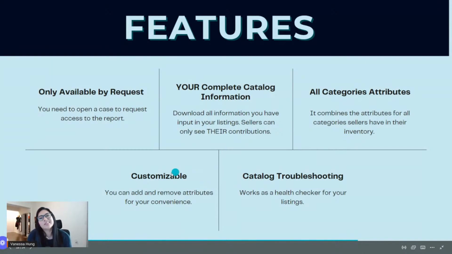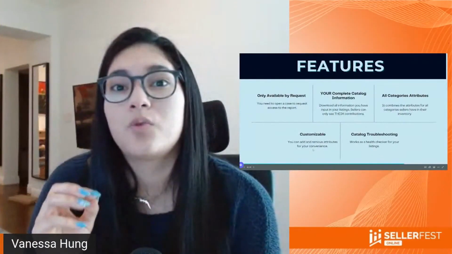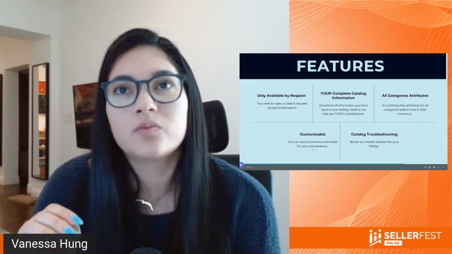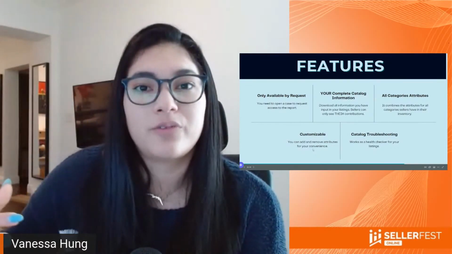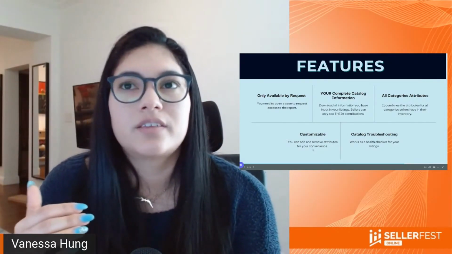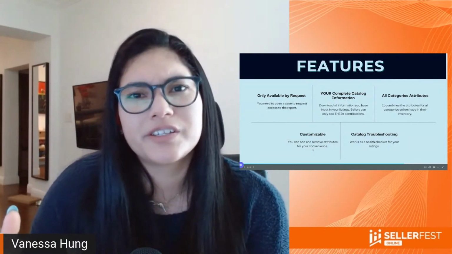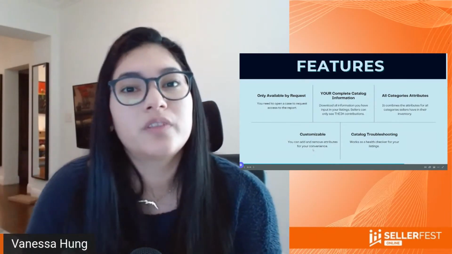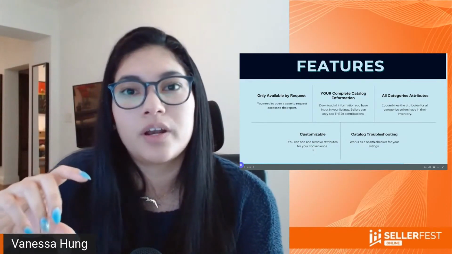The other thing, and this is applicable to the category listing report and every category-specific template, is that they're customizable. So you can add or delete attributes within the template. And this is a question that I get many times when people start engaging with flat files. They tell me something like, hey, Vanessa, I want to make changes in my listing, but I don't want to put the URL, or I don't want to change my image. I don't want to touch that section in a template.